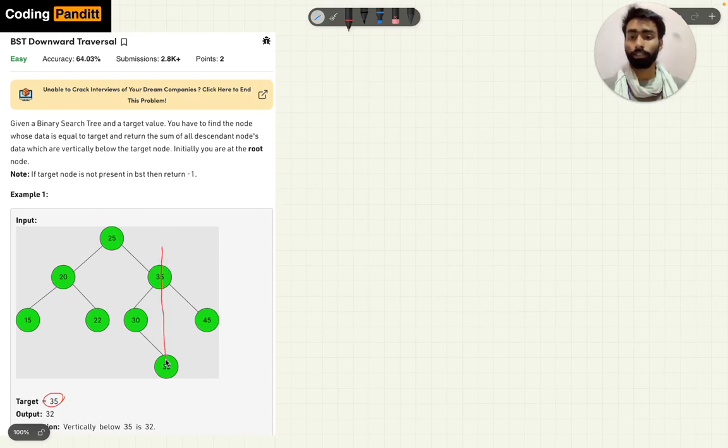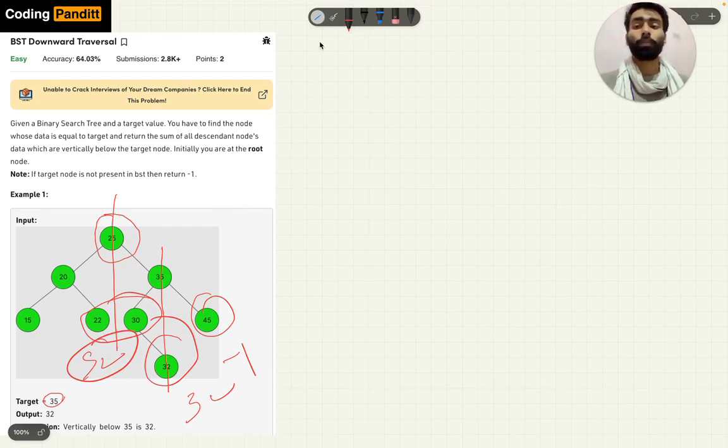So that is this 32. And if the question asked for the vertical downward sum of 25, then it would have been this one. Likewise, the vertical downward sum of 45 is -1. For this it is 32, and for this it is 52.